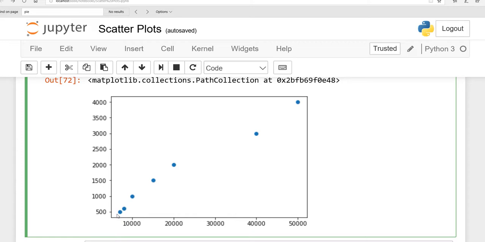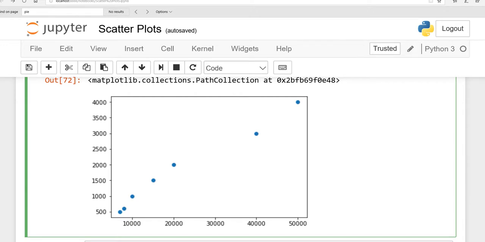So see, if we join all these points, we will get a line, not a straight line, but a line. If you have a straight line, then it means it is a positive one, because correlation is between -1 and +1. So it means it's a +1 correlation. This is not exact +1, but this is the positive correlation, because if one thing increases, the other increases. Now the thing is that if we present this graph to someone in our company or wherever, people will be confused to see this graph. What is this x-axis? What do you have on the y-axis? What is the label? Where is the legend?